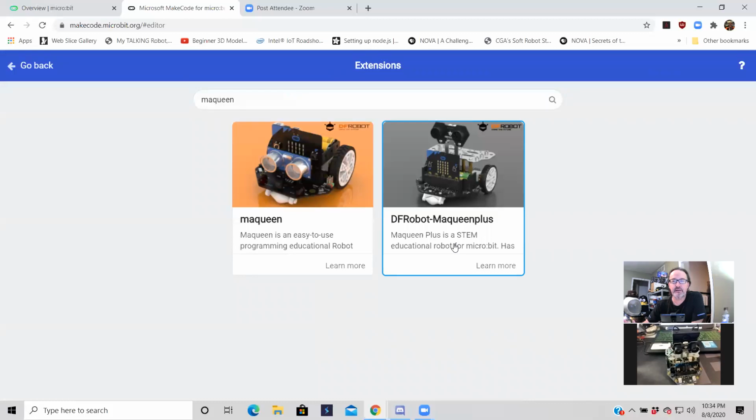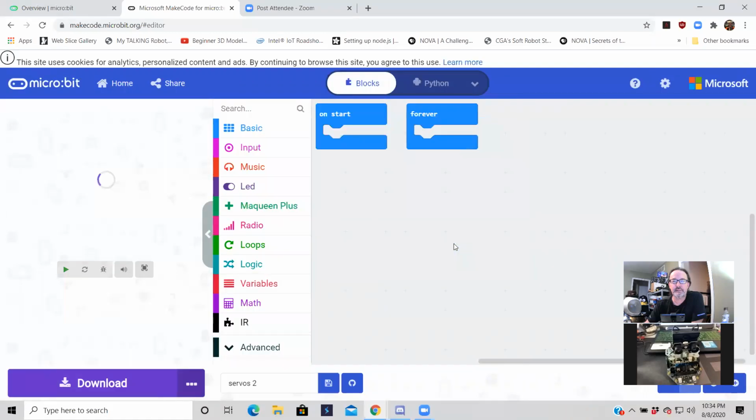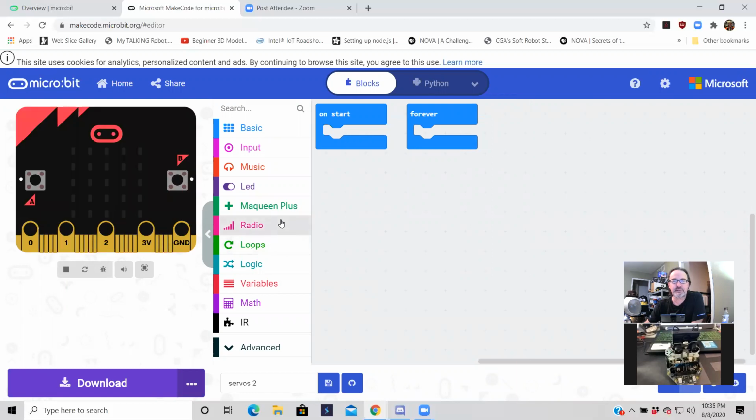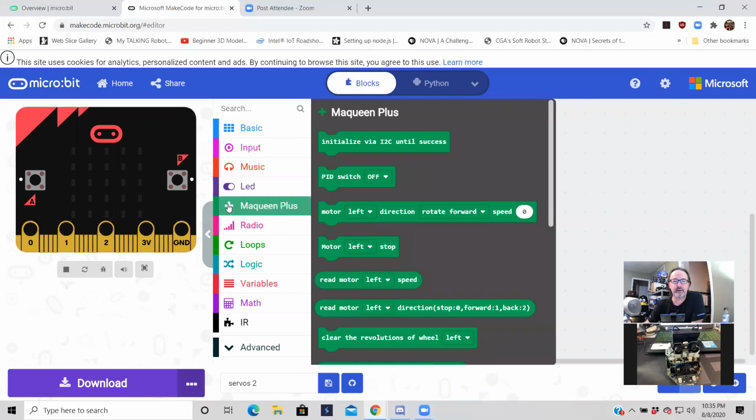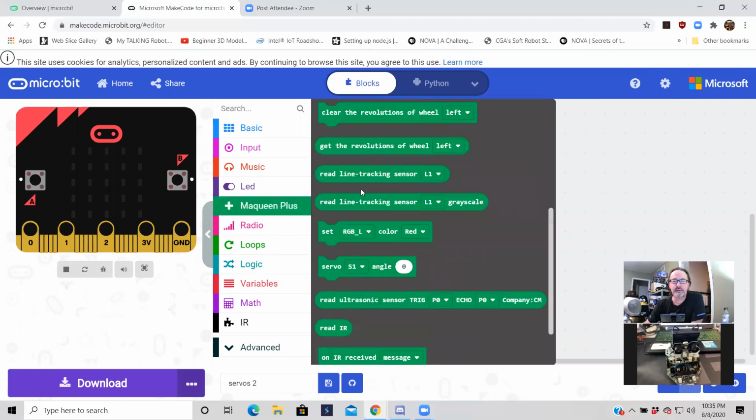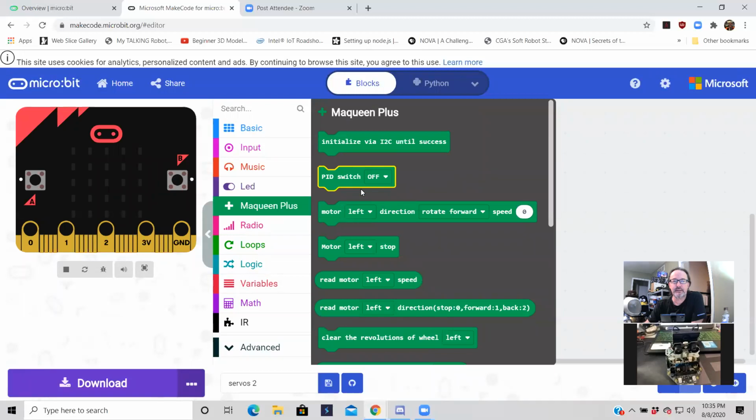You can't include both extensions. You can only include one. You get an error if you try to do both. So just click on it, and as you see, it loads the extensions for the Maqueen Plus right here. If you click on the arrow, you get all the new functions, methods, and calls for the Maqueen Plus. Pretty straightforward. So we're just going to have both motors go forward, and that's also very simple